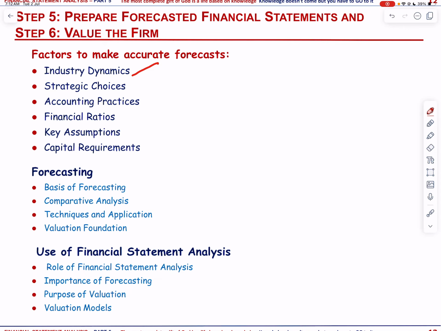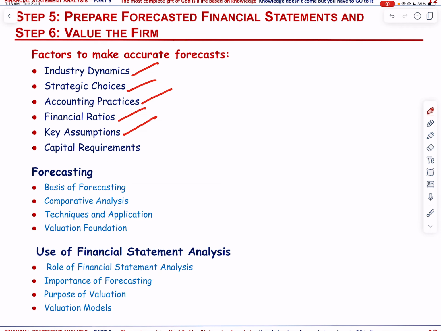environment and trends that could impact the firm's future operations, strategic choices, that is assessing the firm's strategic decisions and how they will influence revenue growth, cost structure, and market position, accounting practices, evaluating the quality and transparency of financial reporting to ensure accurate financial projections, financial ratios, that is analyzing key financial ratios to gauge profitability, liquidity, and solvency, providing insight into future financial health,